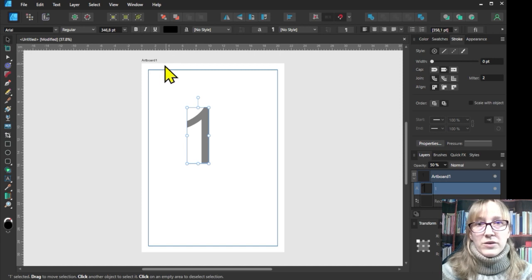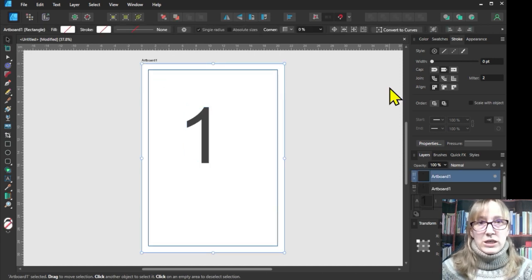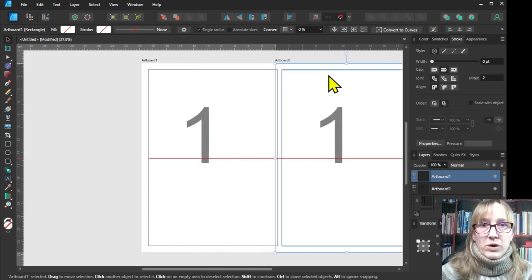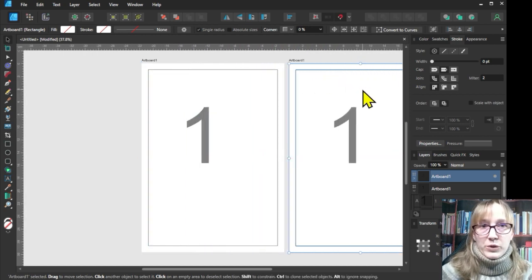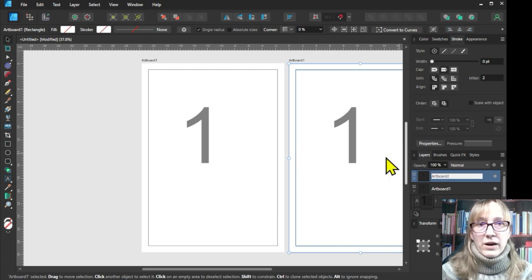Now you can either select the artboard and duplicate it with Ctrl+G. Then the artboard will be copied with a frame and numbering. However, each artboard is then called Artboard 1. You can simply change this here on the right in the labels and position the artboards accordingly.